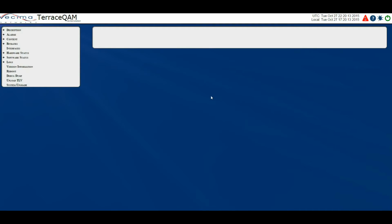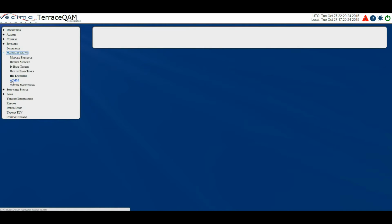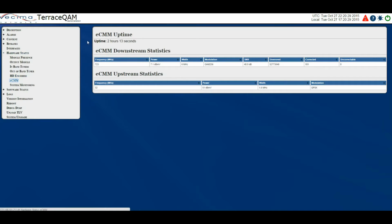Where do I find information about the embedded cable modem module? To find information about the ECMM, click on Hardware Status, then ECMM. The ECMM page shows the ECMM uptime, as well as the ECM downstream statistics, including the frequency, which is the RF frequency at which the cable modem is receiving network information, the power, which shows the power of the RF signal being received at the cable modem, width, which is the size in megahertz of the downstream channel that the ECM is authorized to use, modulation, which shows the modulation type of the downstream channel,